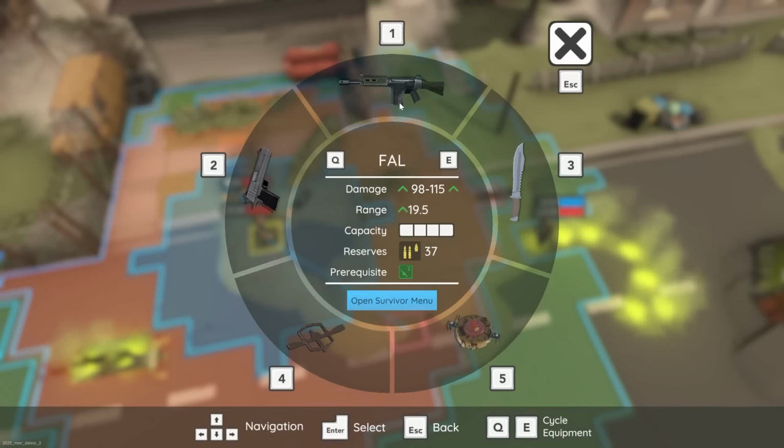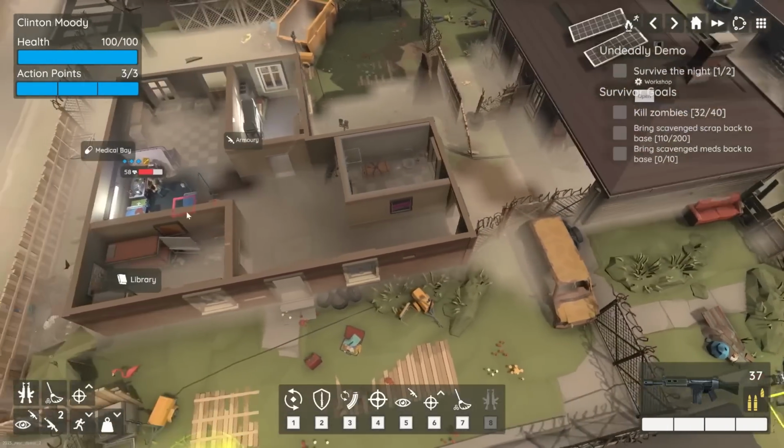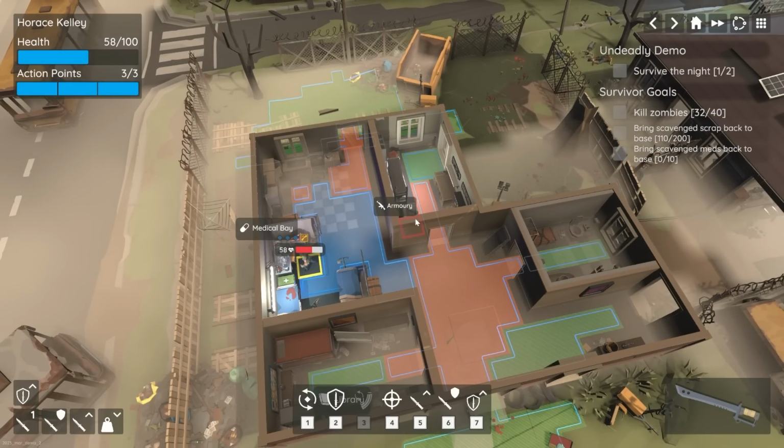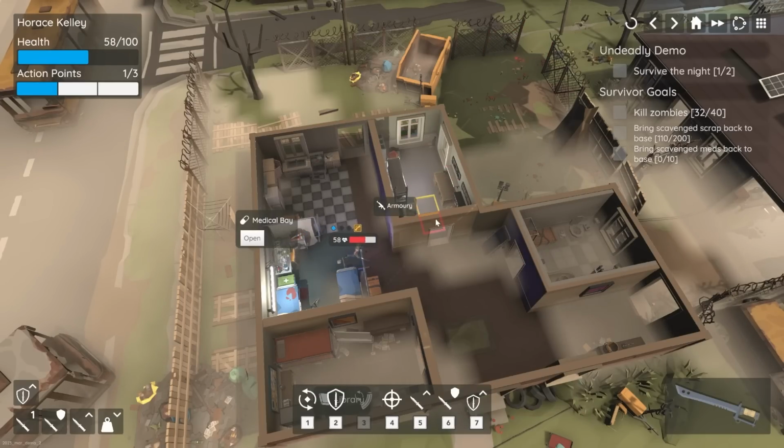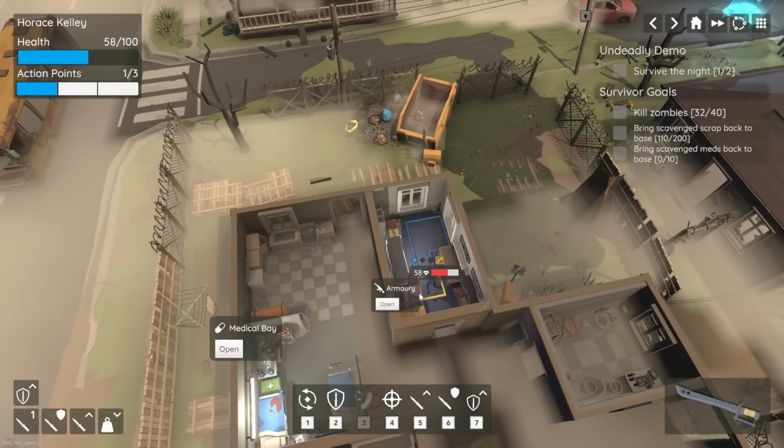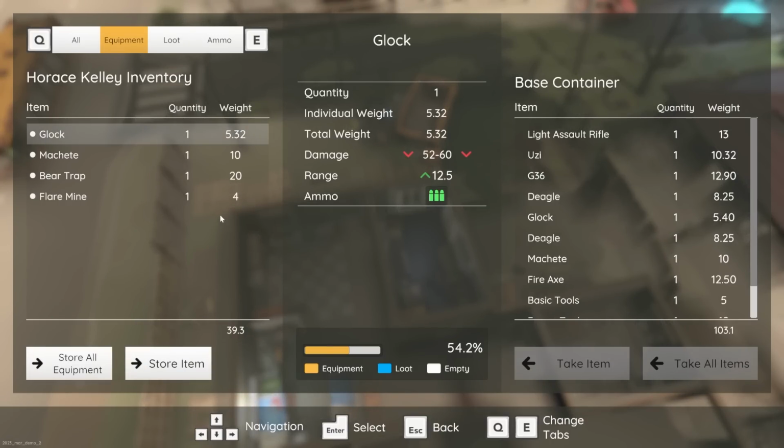Alright, so, well, I was going to swap back to the fall, but we're pretty much done at this point. I just wanted to take a look at the medical bay, seeing as we're here. So, doctors. Admit survivor. Auto-heal survivors, priority injury. Okay, so that'll take some effort. And what about the armory? Okay, so we can make... oh. The armory is actually just...